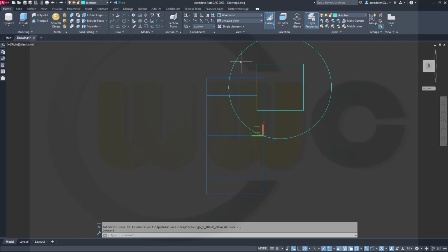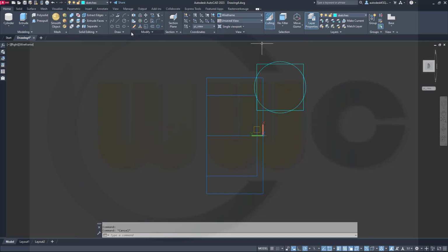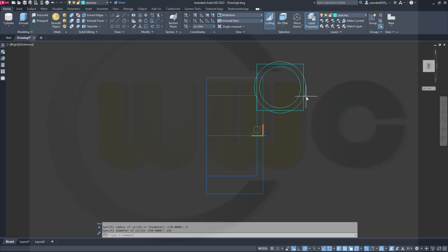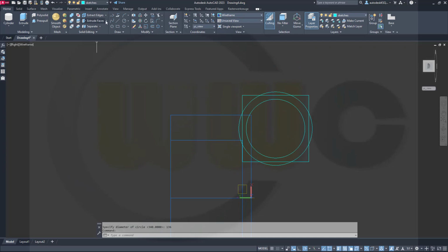So let's go for that circle and make the diameter 170. Now another circle right at that center with a radius of 136 divided by 2, or a diameter of 136. Now a line which goes from the center to that corner here,